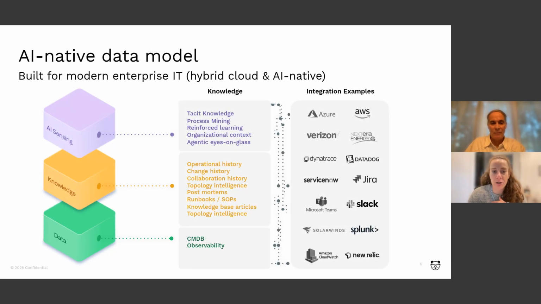And I think there's a lot of opportunity when we start to look at agentic capabilities to build this AI-native data model, right? And that takes into account so many other different types of data and knowledge that tend to exist in these hybrid cloud environments that many of you are working within now. It's not just about that machine data. That is one piece of it, absolutely. But you also have all this organizational knowledge, right? Which is that human layer of context that doesn't fit into a CMDB.